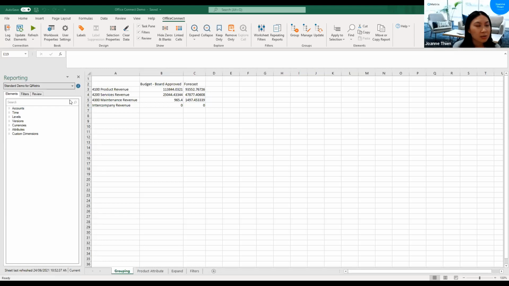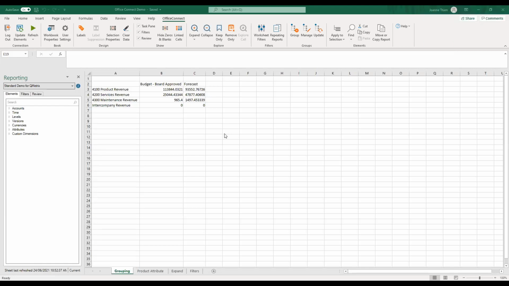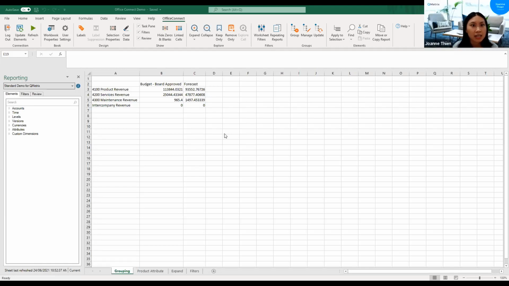So today I will be taking you all through some Office Connect features. So this will hopefully help you with reporting and analysis. Some of these features have actually been just released in the latest version of Office Connect. So please do make sure you're up to date with the latest version in case you try any of these things at home yourself and they're not working for some reason.